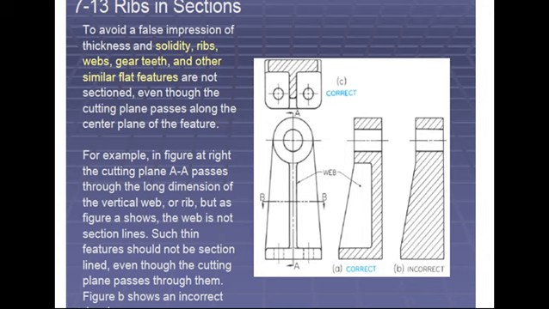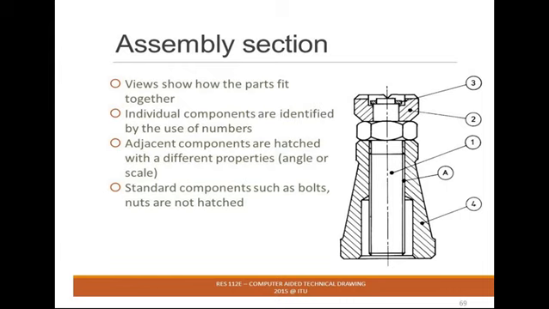Because in an assembly there may be a number of parts, maybe 2, 3, 4, 5 components present inside the assembly. If you want to identify them as part 1, 2, 3, 4, 5, then for that purpose the hatching pattern must be at a different level. The angle or the direction must be changed. Here see, we have a direction change here, and here also a direction change, so that the different components are easily identified.